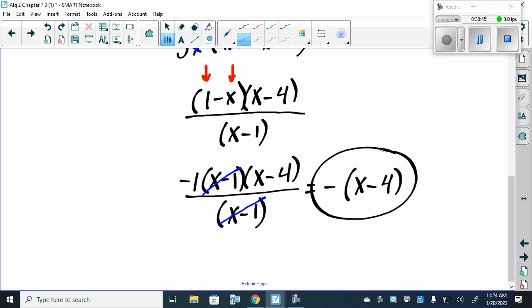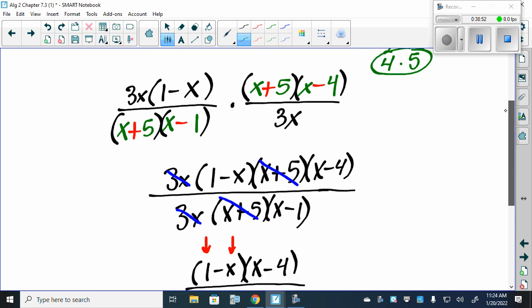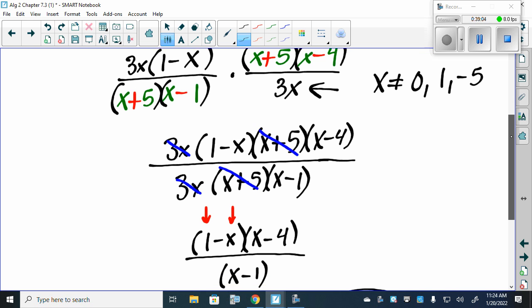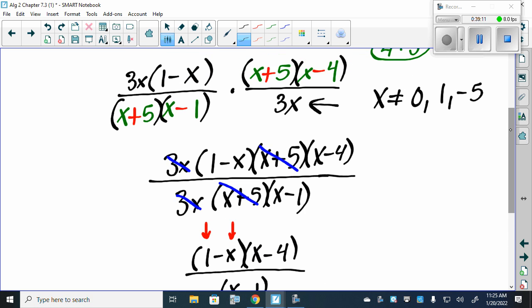Any questions on any of this here? Now, the denominators will not be 0. We can't have 0, which would really be looking back at this before we simplified. And it would have really just told us that x cannot be 0, 1, or negative 5 if we were looking for those there. Now, that's all we're going to do for today. We will finish this to